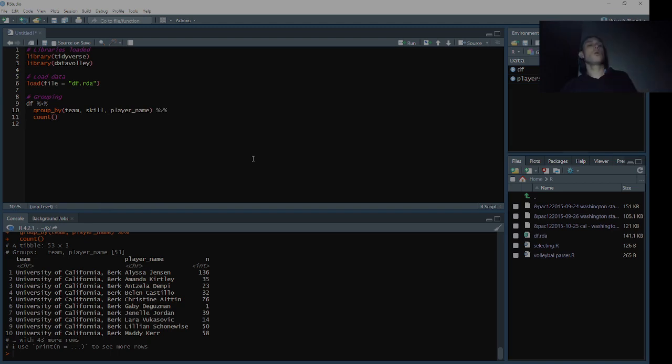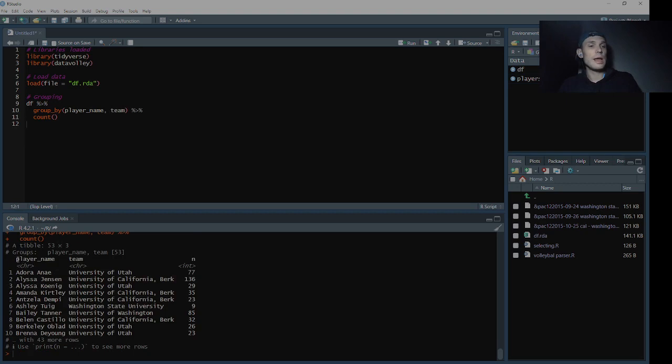So it's interesting. One note when you do group by: as you can see right here, it's team and then player name. Right here, team and then player name. So the order of the columns is the same as up here. So if I do that, check that out, player name and then team. So that is actually important when you're starting to build markdown reports. It's a useful trick for when you want things ordered in a certain way, but you don't want to have to